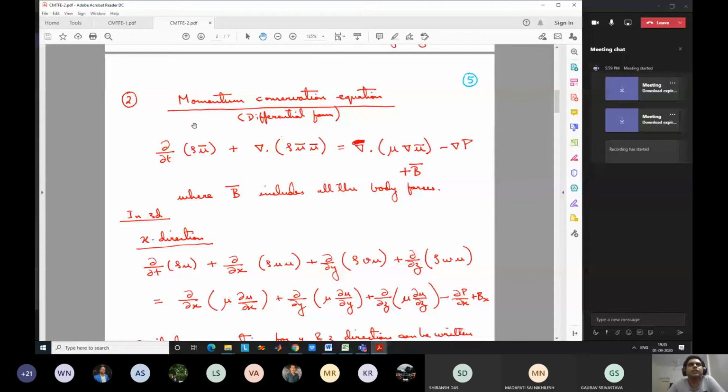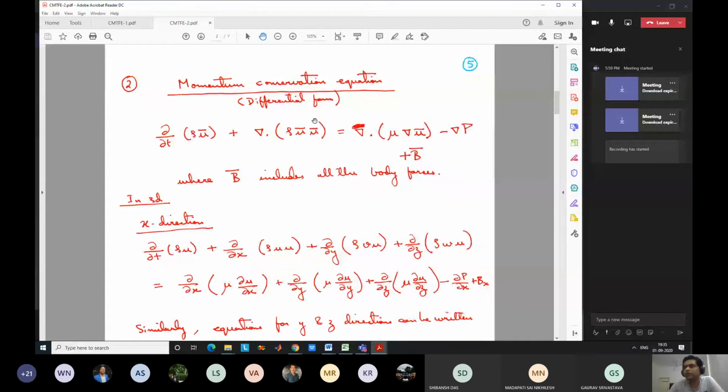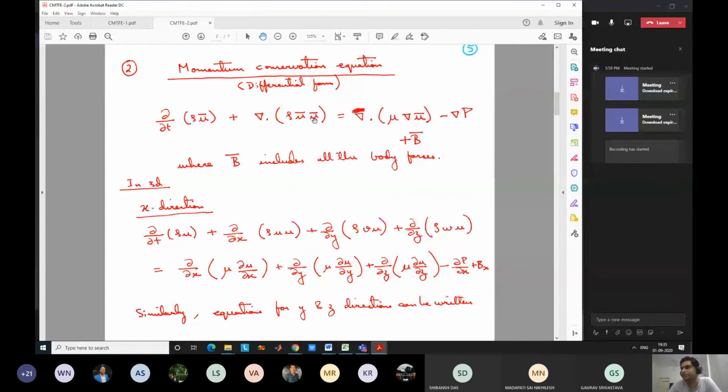So the next equation is the momentum conservation equation, again in differential form. This comes from the flow or momentum balance. Basically this comes from Newton's law at the fundamental level, that momentum is conserved. Again, we will not go into the derivation. These things have been taught in fluid mechanics classes, and it is not required for our class how this has been derived. We only want to know what the terms are and what their importance is.